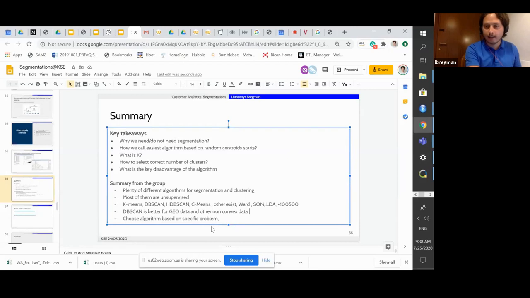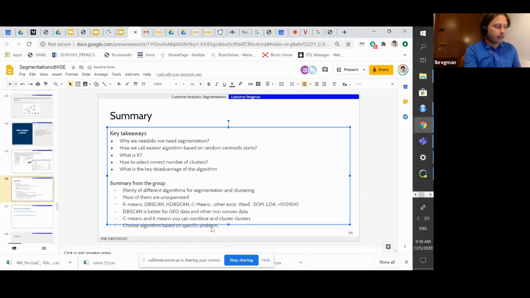I see Ari added the point that you can combine C-means and K-means clusters.